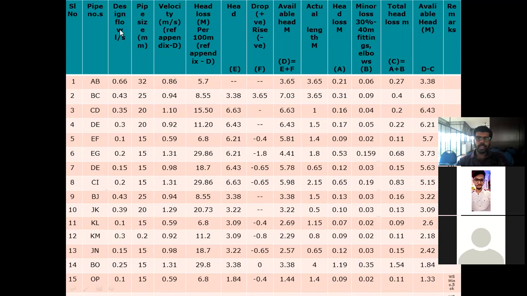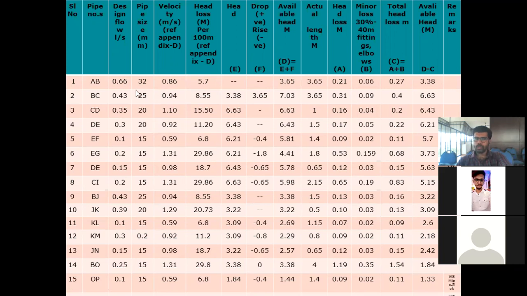Yeah. Now for finding out this head, we are just comparing what the velocity should be with the help of a tabular column. I already explained about the Hazen-Williams table, right? So from that table, we are going to see what the velocity should be with respect to this. Okay. First, I will explain this. Then, if you have any doubt, you may ask.